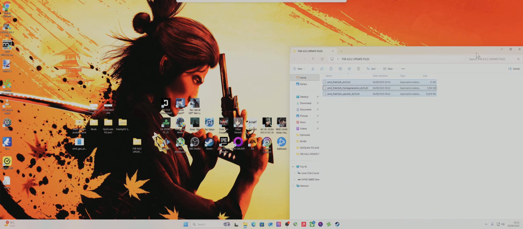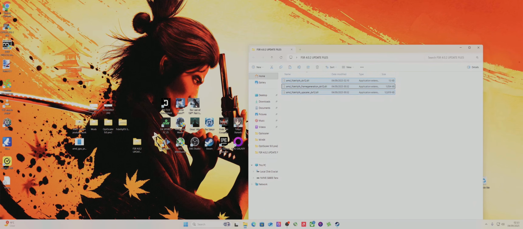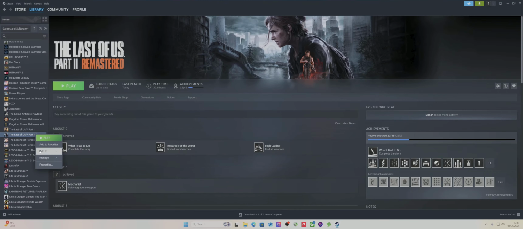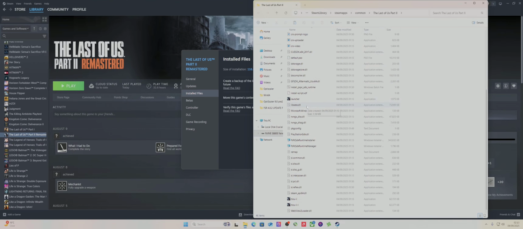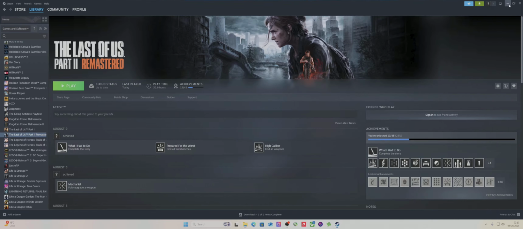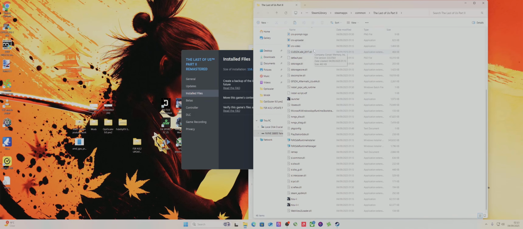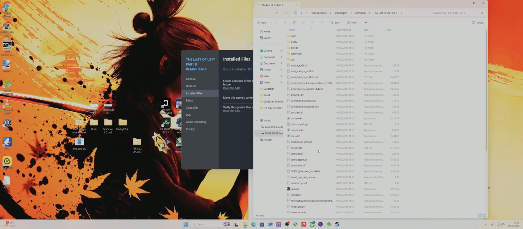So I've done it with... I'll show you how to do it with this game. It's pretty simple on this one, so you don't have to go into any other folder. You just paste the three files into this folder, and so that one is in there. See, I'll put the file that's already in there. Before you paste the three files in,